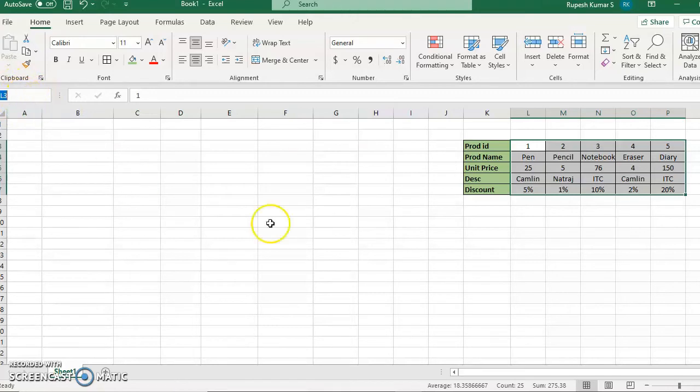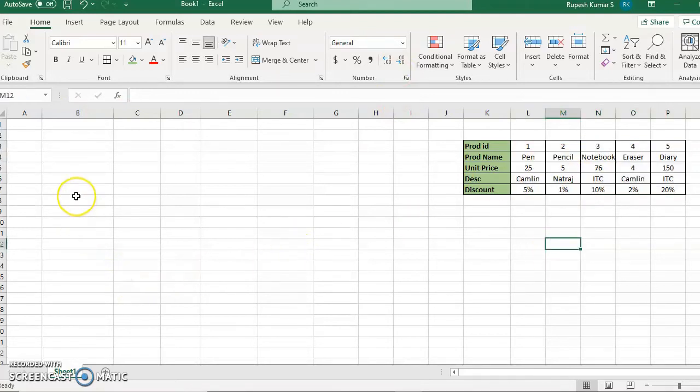This area is known as name box. Fine. Click on this name box and give a name to this area which I already have selected. So I am giving prod det. It is for product details. So what name have I given? Prod det. Ensure there should not be any gap in between, and you have to press the enter button after giving the name. So I typed the name, no space in between, it is not starting with any special character, and then press enter. So the name for this area has been given.